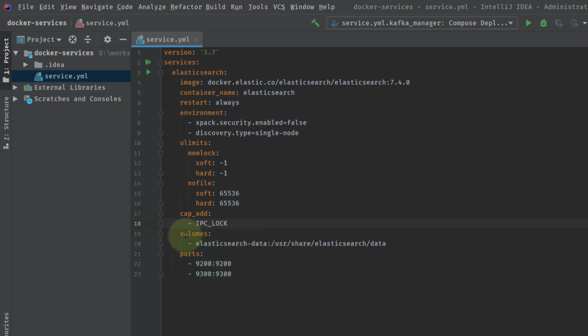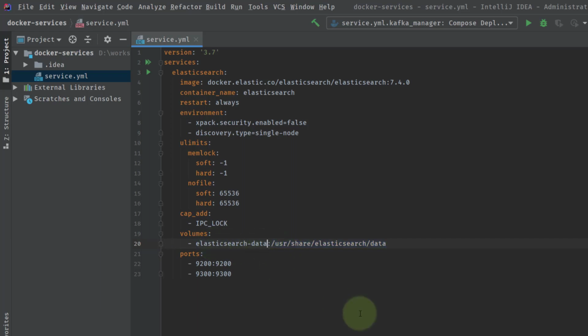Now the important configuration is your volume. When you create a container, it can restart or it can crash, but the data should be there. Suppose there is a restart of your container or you're deleting your container, your data shouldn't be lost, which means the data that you are storing inside Elasticsearch should be available even though there is some failure. So what we are doing, we are creating a volume with the name Elasticsearch data, and it is mapped to this path, /usr/share/elasticsearch/data. This path is inside the container, so we are mapping these two folders.